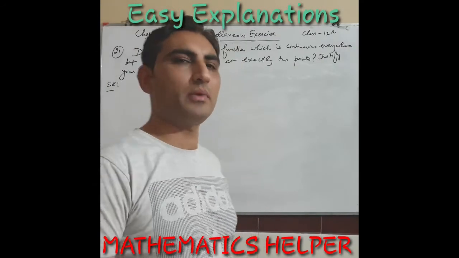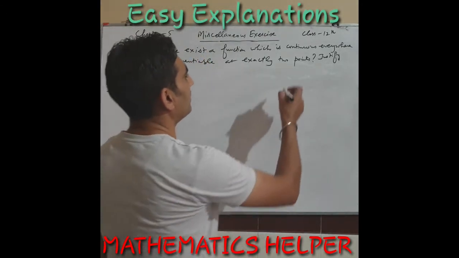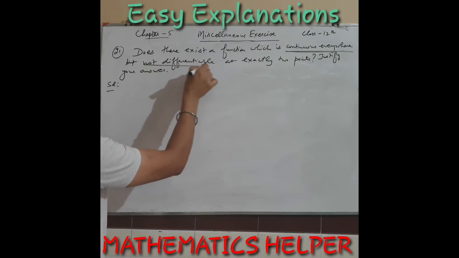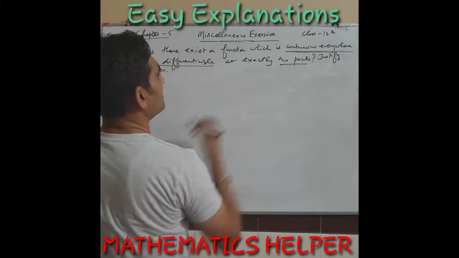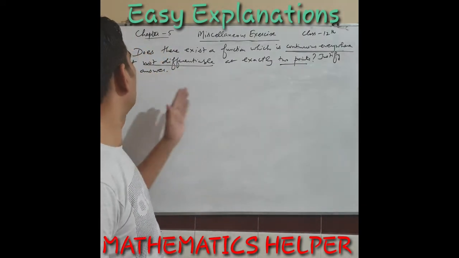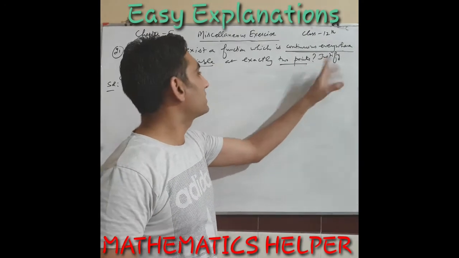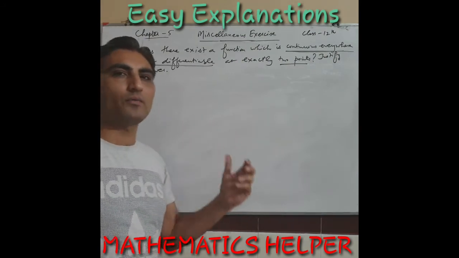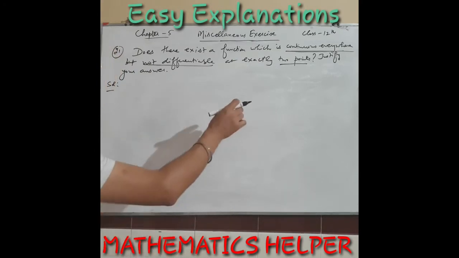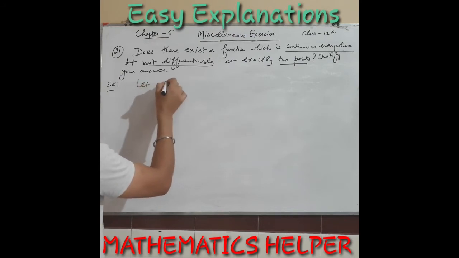Students, our next question number 21 is, does there exist a function which is continuous everywhere? You have to find a function which is continuous everywhere but not differentiable at exactly 2 points. So function which is continuous and differentiable on all points except 2 points, okay? And justify your answer means you have to consider some function here which will fulfill these conditions given. So you have to remember statement of the function here which is satisfying these conditions. So let us consider a function.